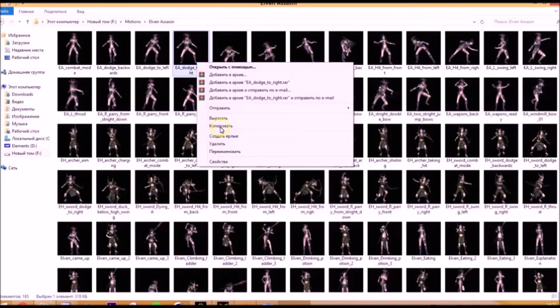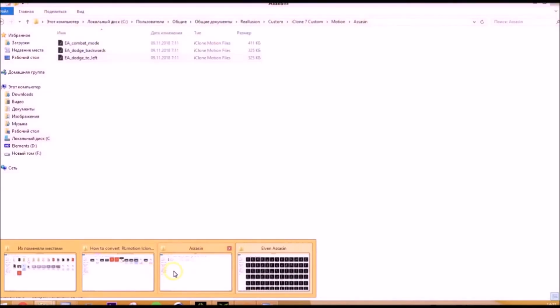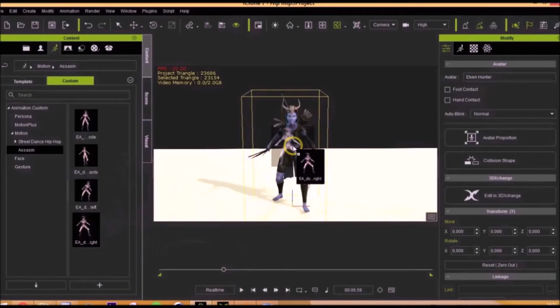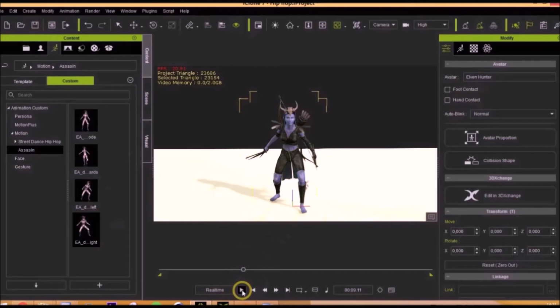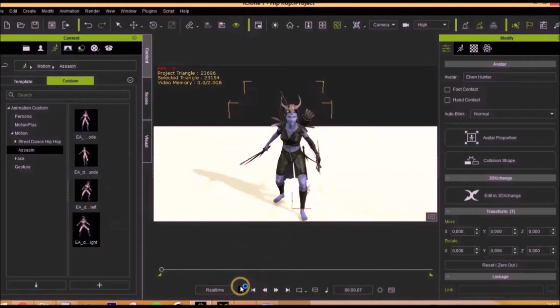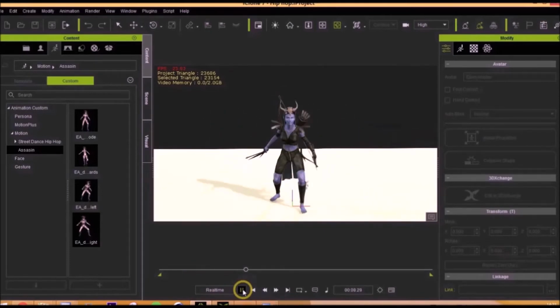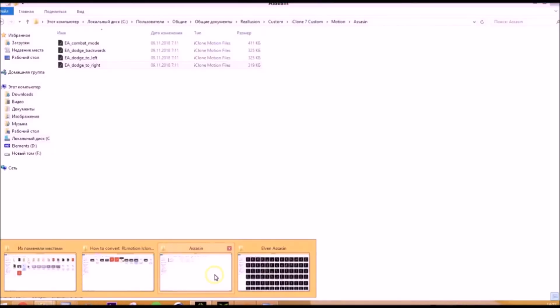We return to the iClone 7 program again and transfer the second checked movement file by simply dragging the mouse from the folder. Go to the timeline panel at the bottom of the scene and check the checker's movement. Then again add the third movement from the movements folder to our Assassin folder.